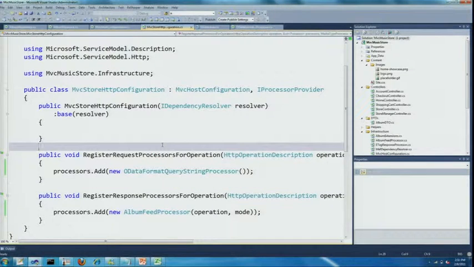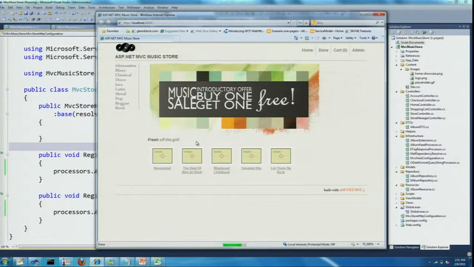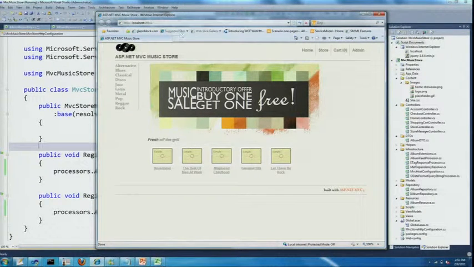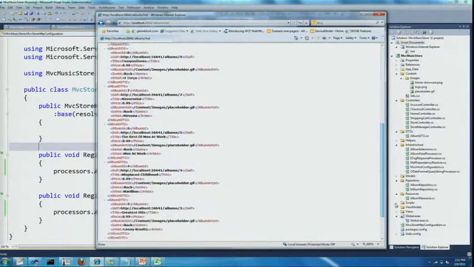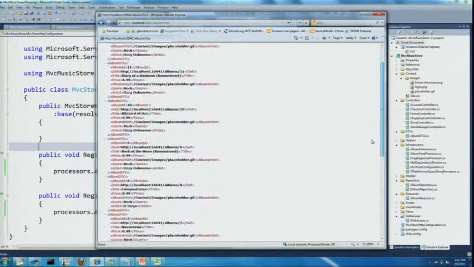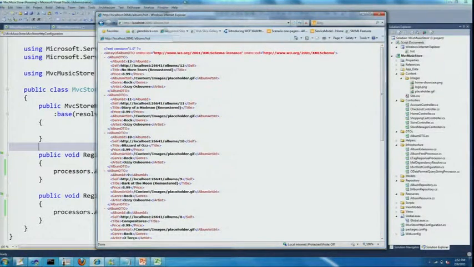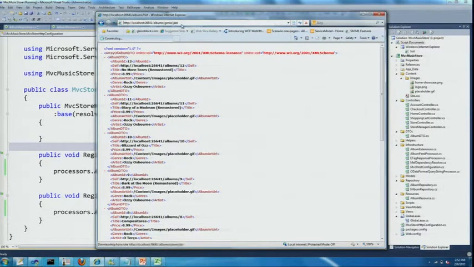One other thing I wanted to show is that I'm not only limited to using OData. I showed you before how I was able to return things in XML. But I can do things like albums/hot, for example, and I will get the top albums that are selling, right? And this is something that MVC Store allows you to do as well. And what I can do is I can go here and query, say, by genre, and say, like, I want to show jazz albums, and I can show jazz albums as well.